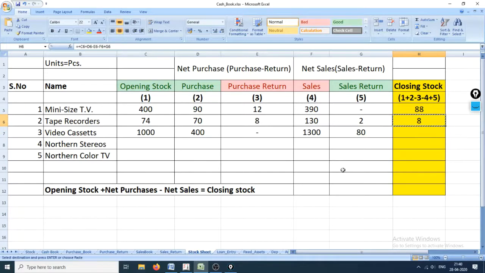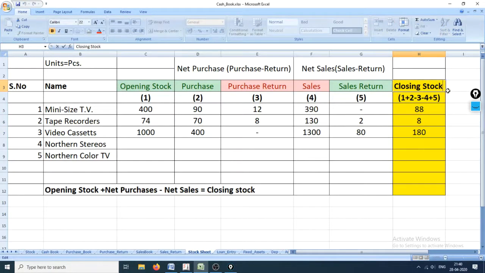Plus opening stock, then purchase is added, then purchase return, then minus sales, and then sales return as the goods came back to us. Hence the closing stock of mini size TV is 88, tape recorder is 8, and video cassette is 180.